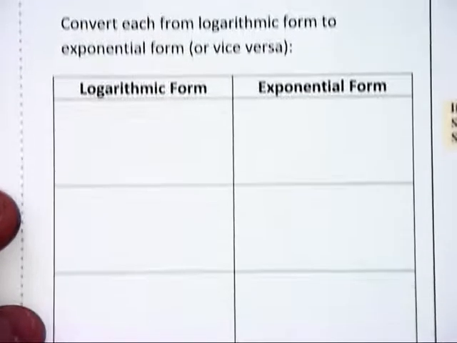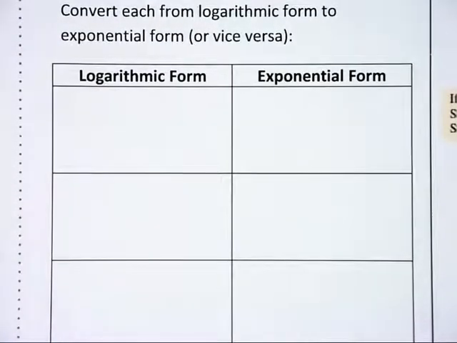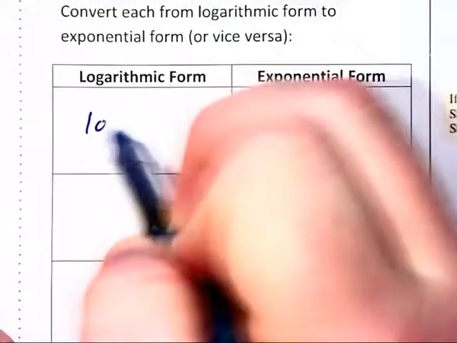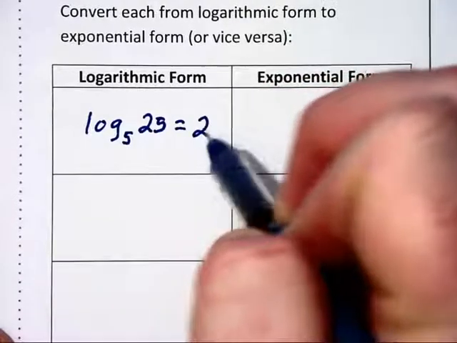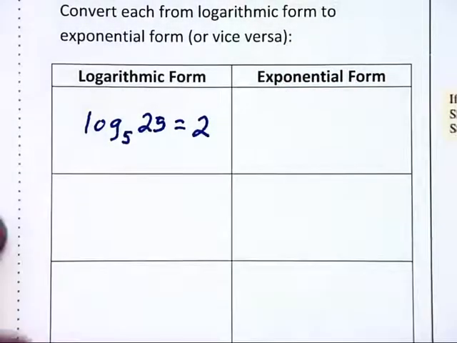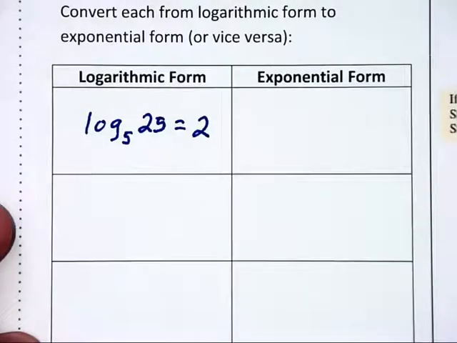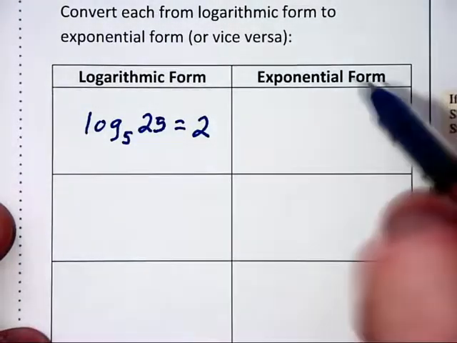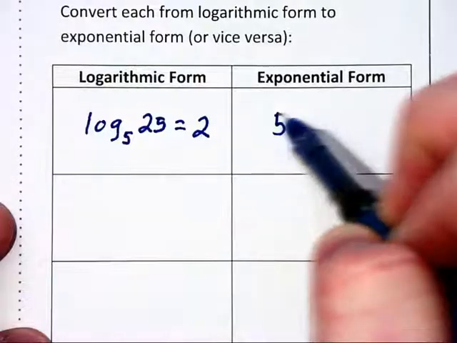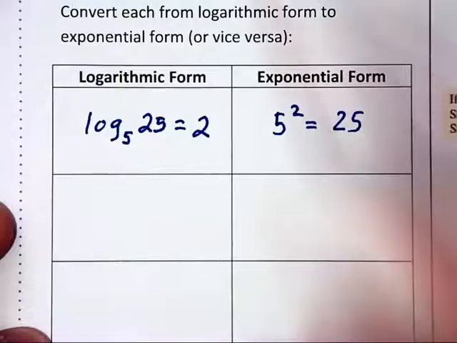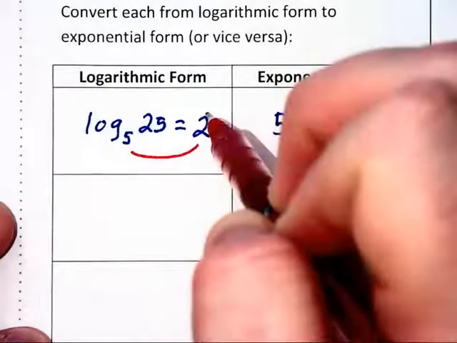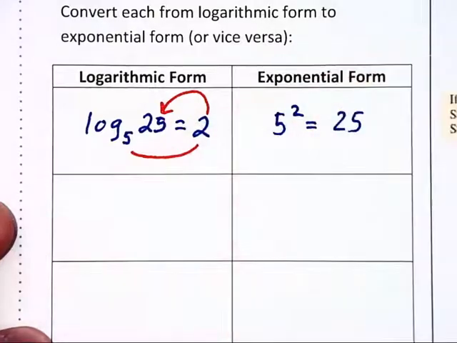Now we need to turn our attention to learning about logarithmic functions and logarithmic form. Let's say we have log base 5 of 25 equals 2. That is a logarithmic equation, and that 5 is written as a subscript. In exponential form, the same equation would be 5 squared is equal to 25. In other words, you have 5 raised to the second power on the other side equals the argument of a